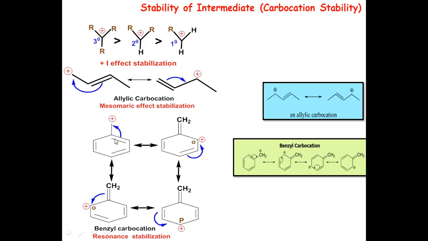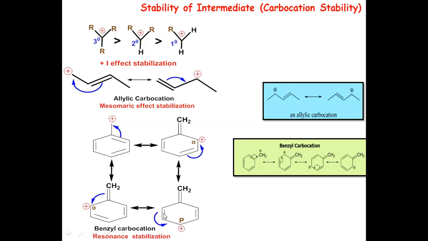You can see now these pi electrons can be used to stabilize. Double bond will be shifted now from here to here. You get a double bond here now, and positive charge will jump from this carbon to this particular position. This position is called the ortho position. Let us indicate it with O, but still it can be stabilized. These pi electrons can be shifted here, and if I shift over here, now a double bond will be formed between these two carbon atoms, and positive charge will jump from this to this carbon, that is from ortho to para. So P indicates, let's say, our para carbon atom.